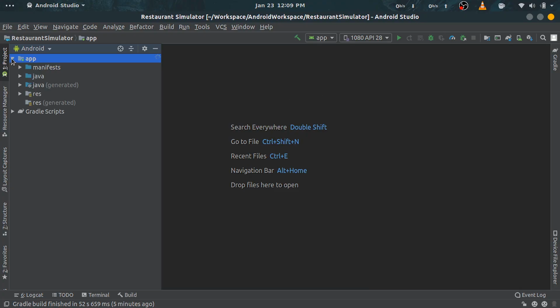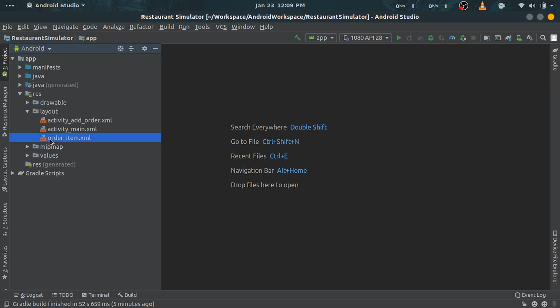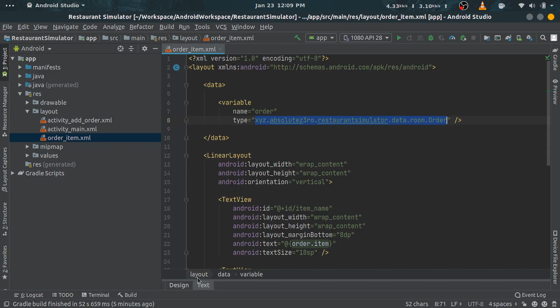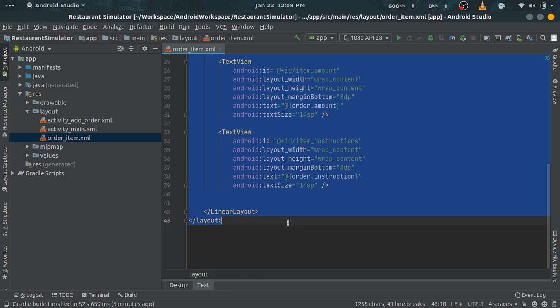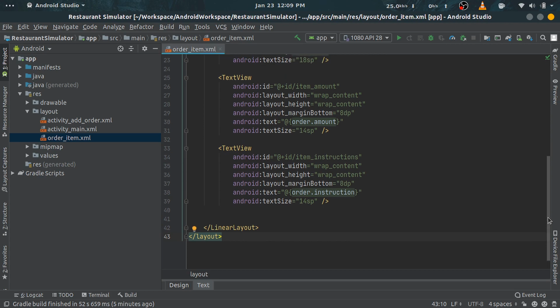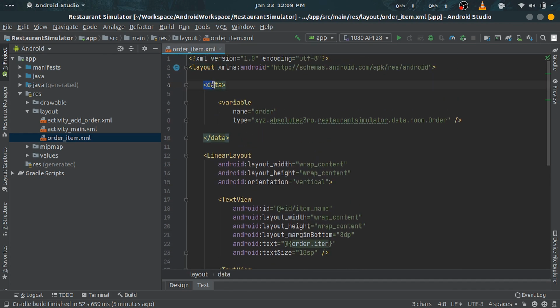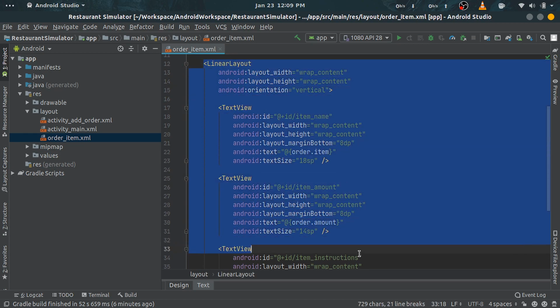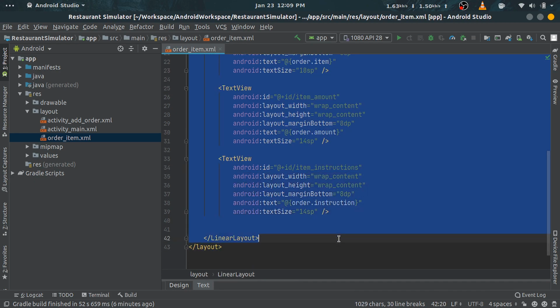So let's get started. First of all, we'll set up our layout to use data binding. To do that, first open this order item layout file. By the way, this is the layout for our recycler view items. Now wrap this whole layout inside this layout tag, as you can see I have done here. It is necessary to do this for data binding to work. Inside this layout tag, first insert a data tag. Now inside the data tag we will declare our variables which will be used in the views. After this data tag, there should be the view tag which is the root of this layout, which means that after the data tag there should be the normal layout structure which would have existed without this data binding stuff.